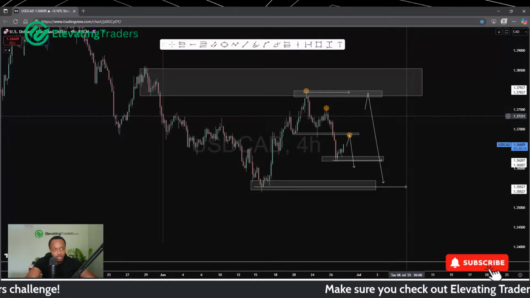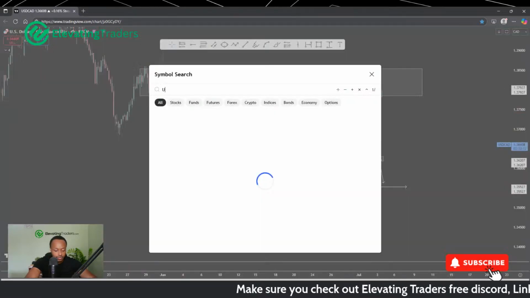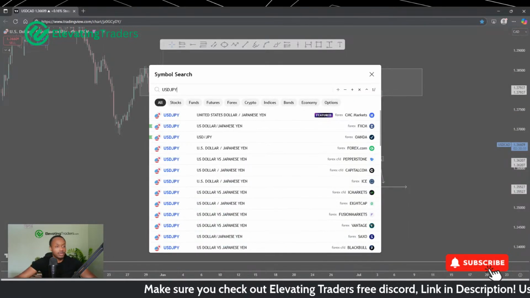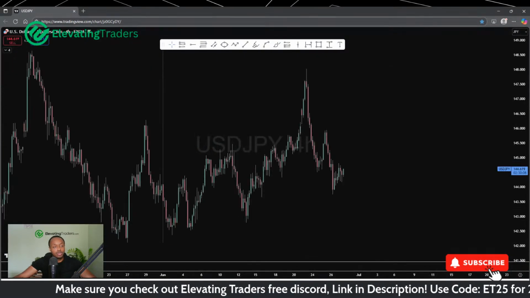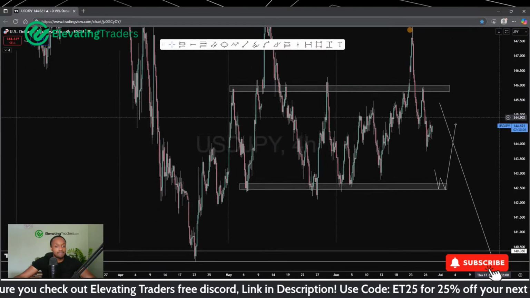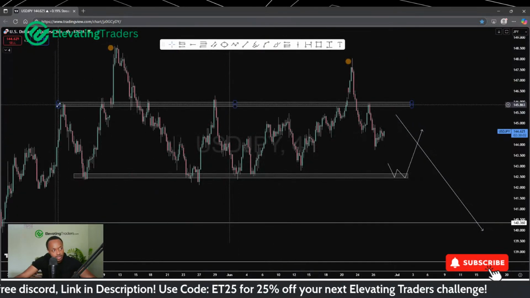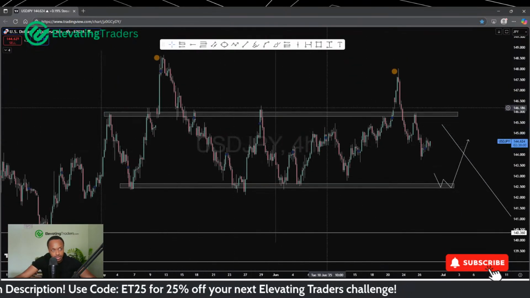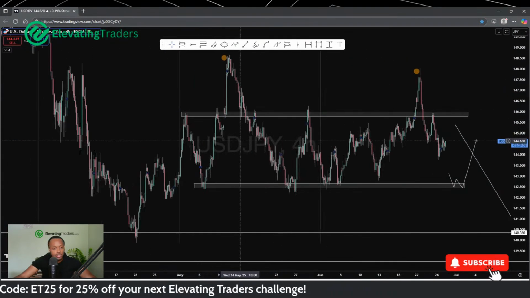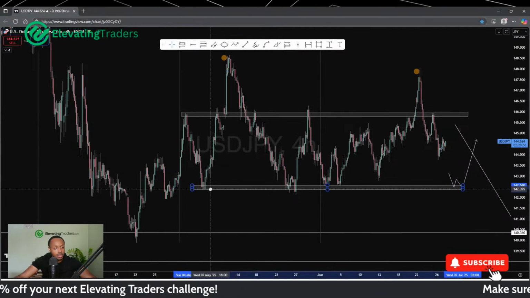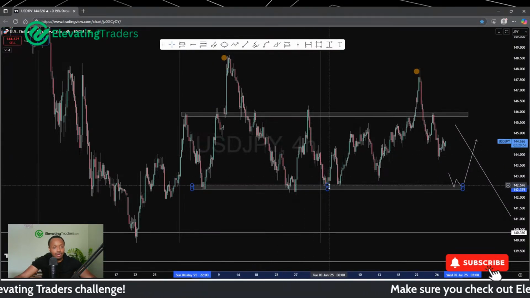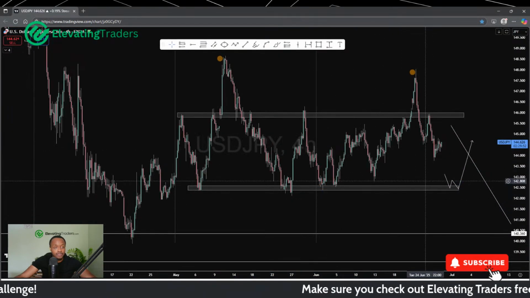Yeah, if we could see that bigger pullback, I'll be excited for that. And dollar yen, I feel like dollar yen is in the middle of nowhere. We're still kind of within the range here, so I'm not really seeing a lot of opportunity. We've got a lot of resistance just above us. Price has manipulated that on 2 separate occasions. We've got clear support just below us here. Price has tested it very well on a few occasions too.